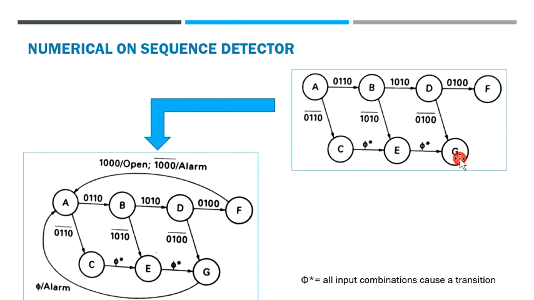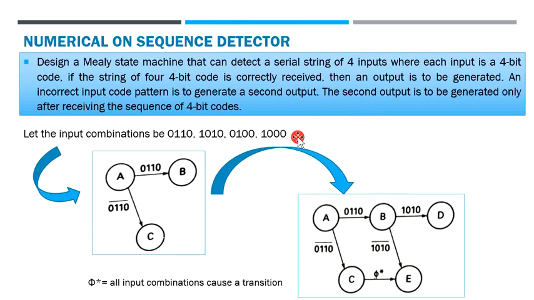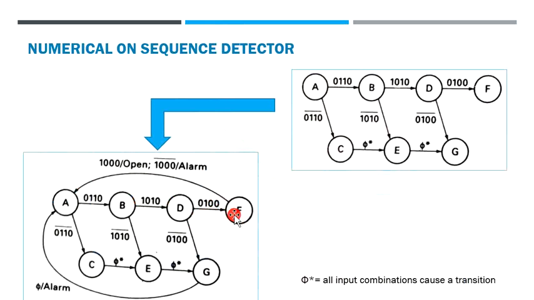Again, if the state is E, any input combination can cause a change from E to G. That is why again we have indicated it with the 5 star. That is, all input combinations can cause a transition. So the next set of input combination that we had was 1 0 0 0. So you were in F, and now if F,